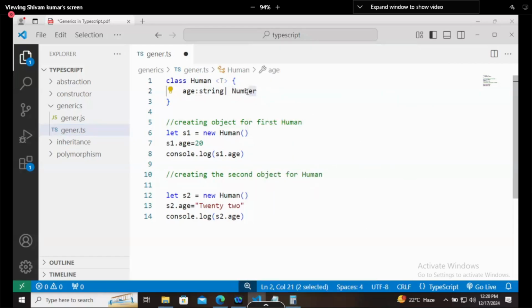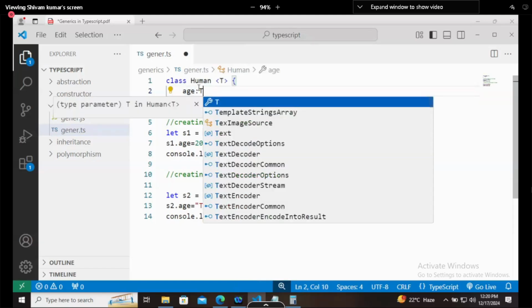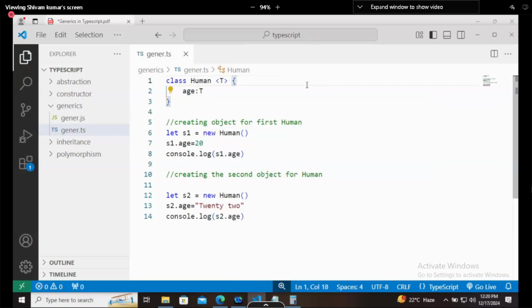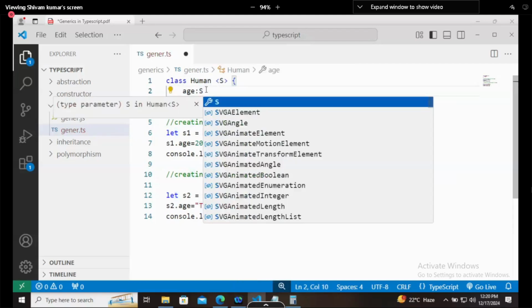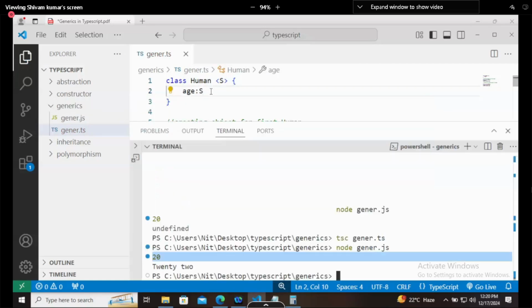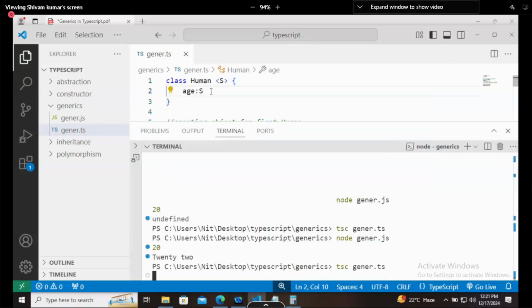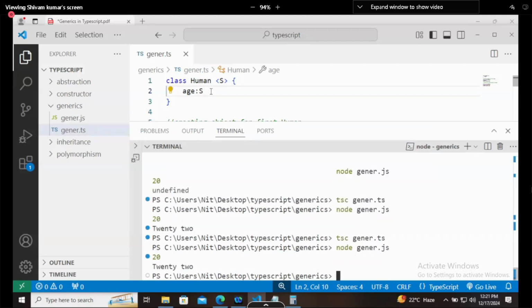So we can typecast that our age will be T. Now, why am I specifically using T? Is it mandatory? No, it's not mandatory. Generics means this particular angular bracket, like an HTML tag kind of thing. You can use any value. Let's say I'm using S here. So you have to typecast this to S and everything will work fine without any problem. It is just a value that you are using here.